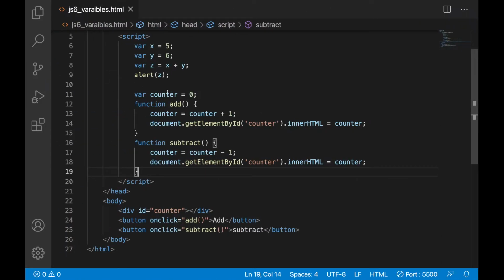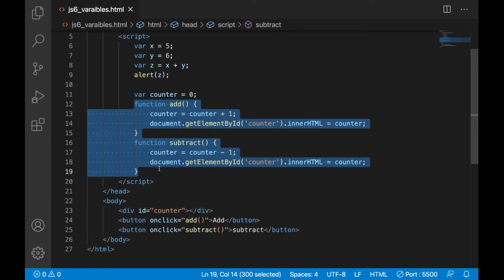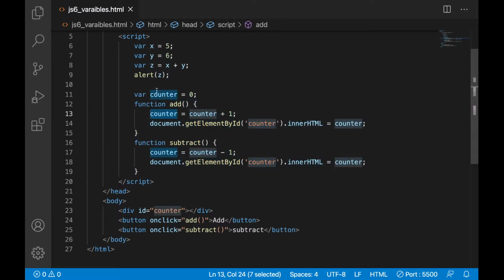So two functions are sharing the same variable. That variable name is counter. That's why we call it a global variable. Globally we declared this variable. Means outside the function, if we declare any variable, that is called a global variable. Okay.